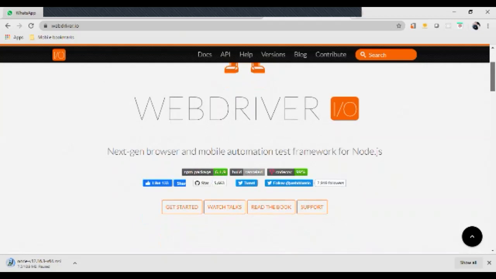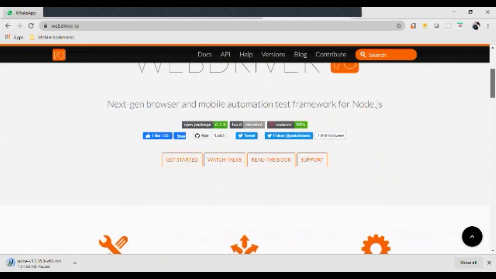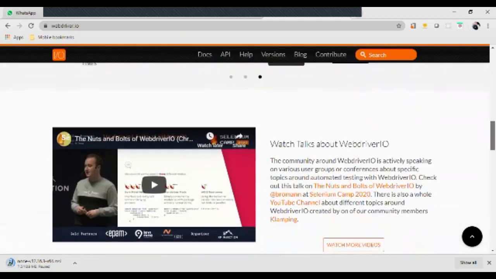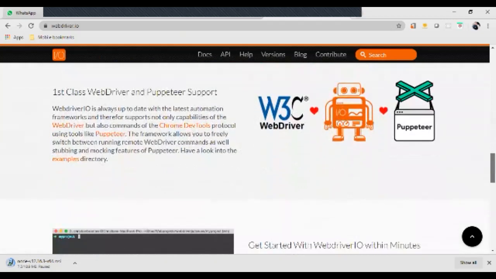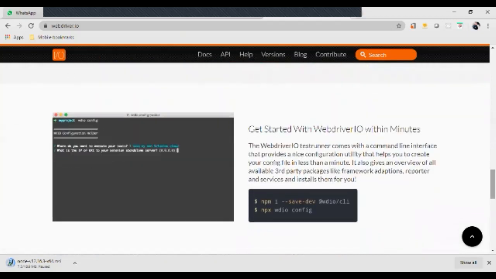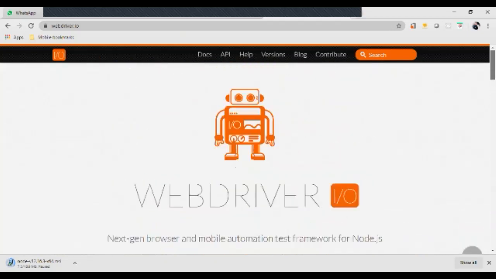Selenium also has an official website, and in the same way WebDriver IO also has one. For installation purposes, we have commands we can use to install.